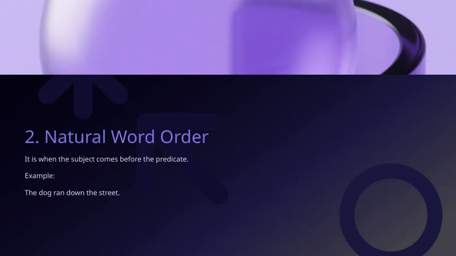Now let's talk about what we call the natural word order. This is really the most straightforward and common way we structure sentences in English. It simply means that the subject comes first, followed by the predicate. For example, if I say, "The dog ran down the street," the subject is the dog, and the predicate is ran down the street. This order makes sense because it's how we naturally think about actions and who is performing